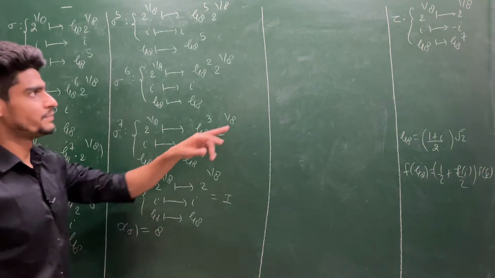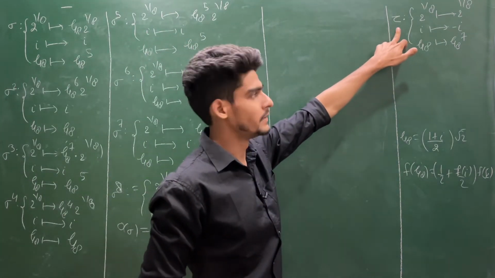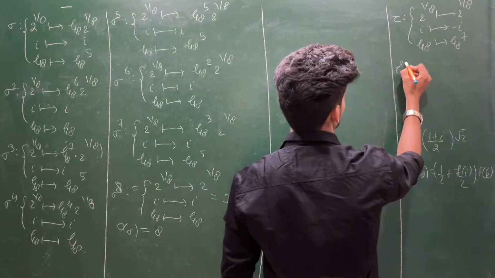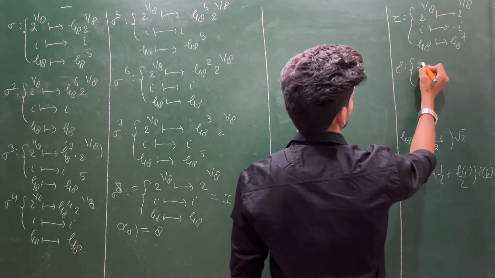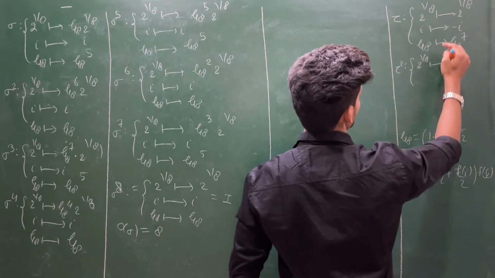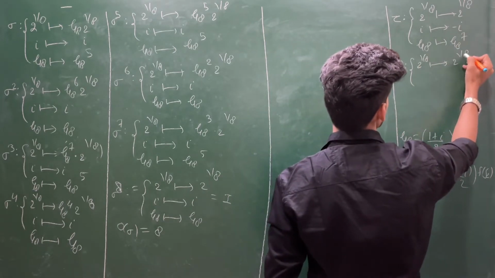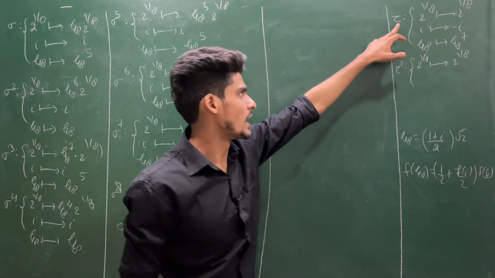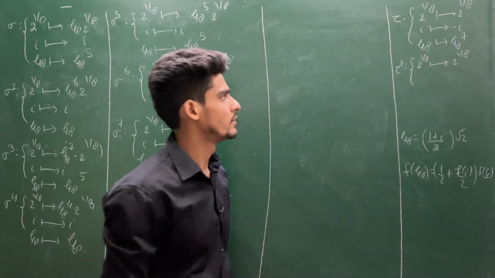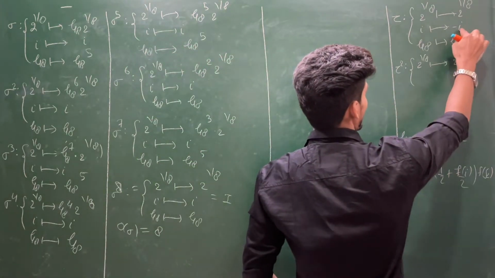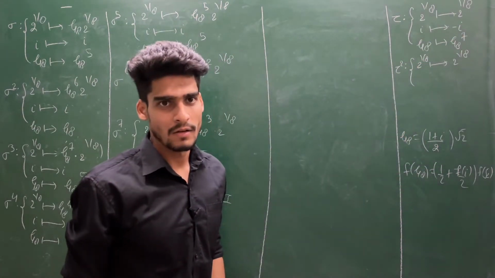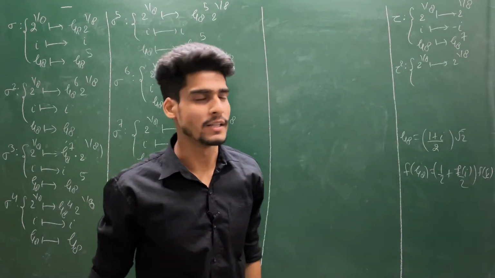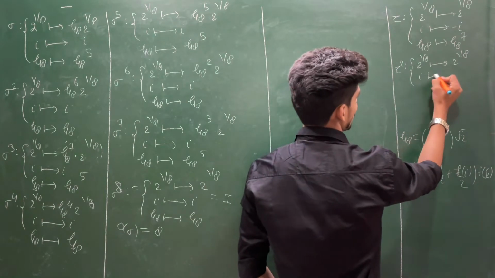Now, if you see this tau element, you can compute tau square. Let's see, tau square will be: this 2 power 1 by 8 will go to 2 power 1 by 8, because if 2 power 1 by 8 is fixed by sigma, it is fixed by tau, it will be fixed by tau square again. Iota is going to minus iota, but if you operate tau again on this minus iota, it will send minus of minus iota, that is iota. So it is fixing iota.